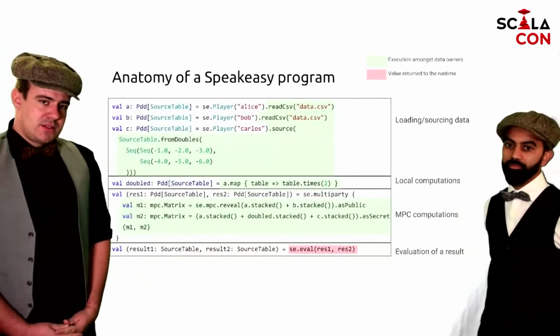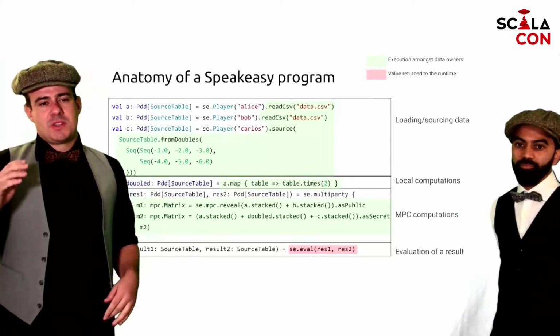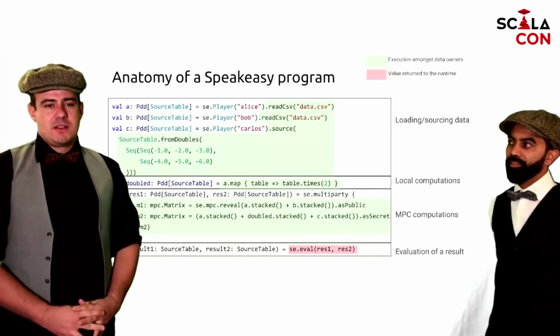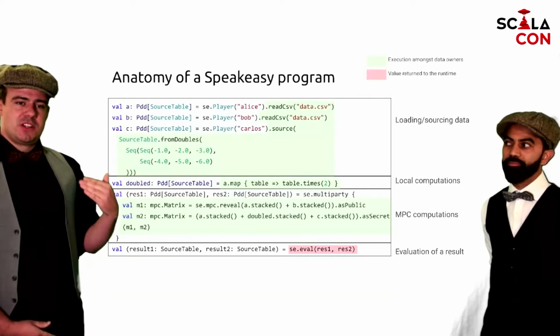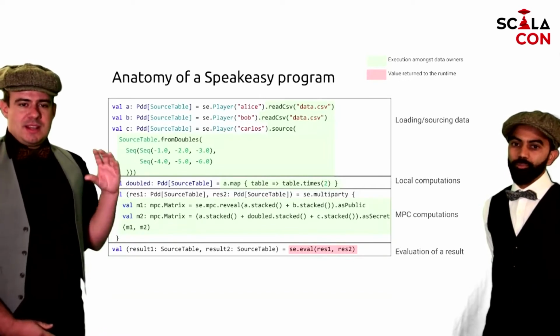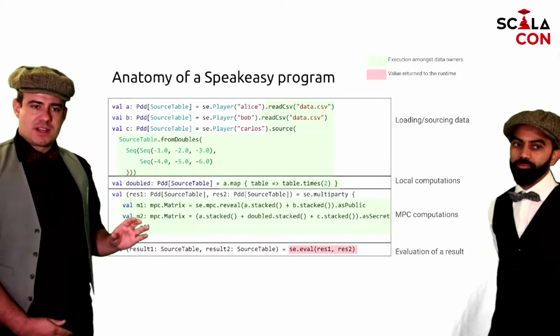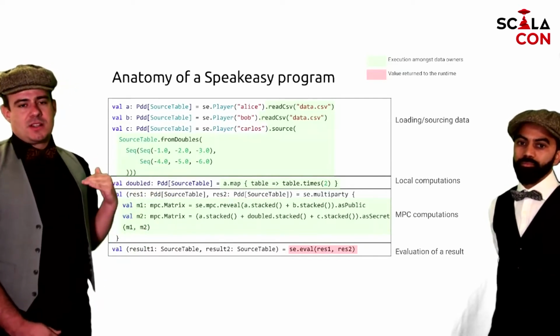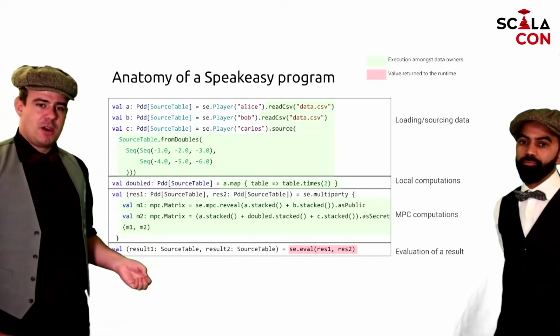What we'll do now, to give you some feel of it, because this is a lot, we'll start from the top. So we'll look at how Speakeasy looks like for a user, and then try to work our way backwards to the individual concepts. So in this code, there are two things you should pay attention to. Don't worry about understanding all the types yet. The first thing to note is the general structure.